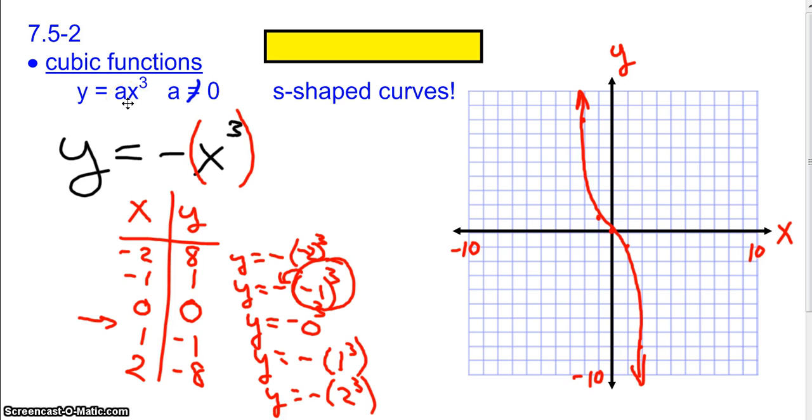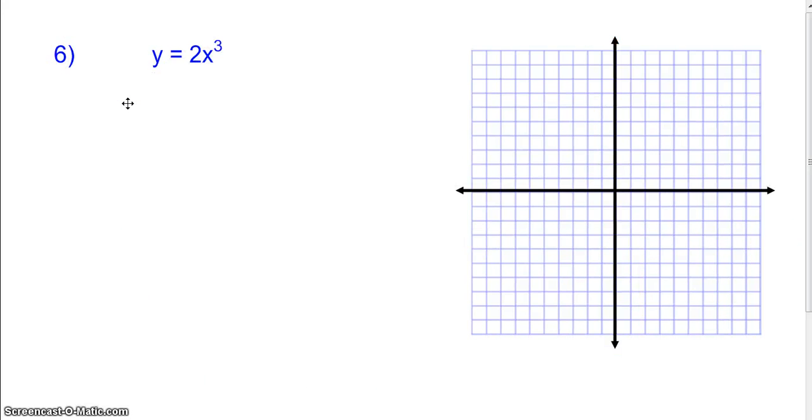If you don't have an S shape and you end up with a U shape, what happened? You graphed it wrong. Probably a math error, unless you did graph it wrong, right? So make sure you're very careful with your inputs. Okay, we're going to try again with this one. We're going to put a value in front of the cubed